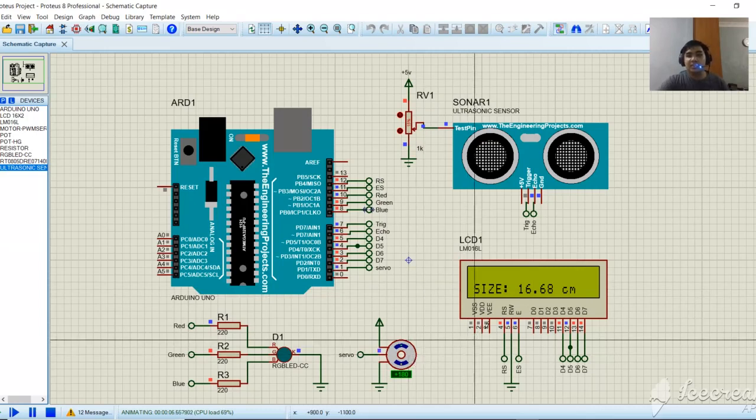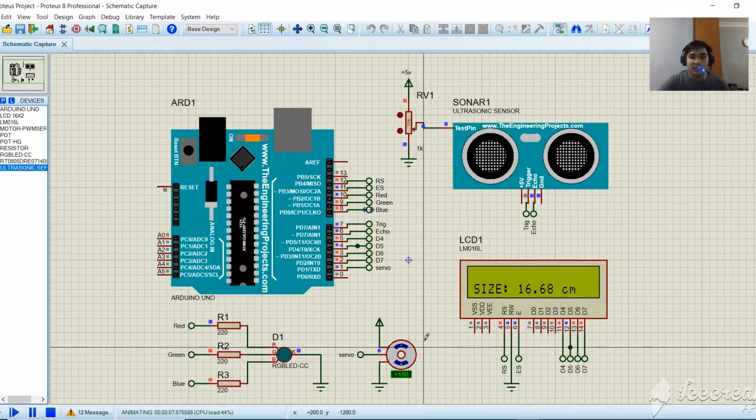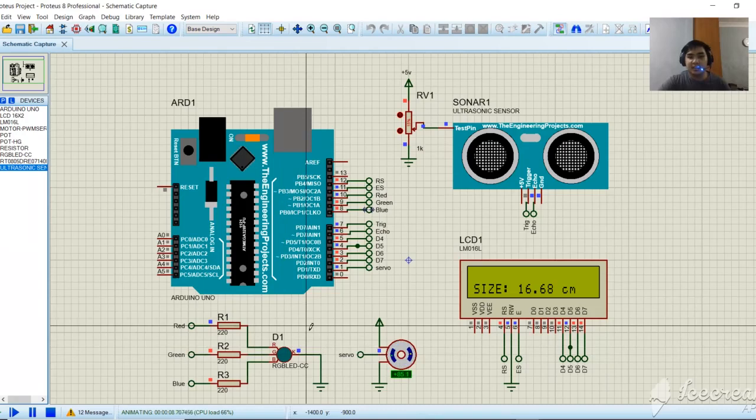Okay, now this is when the size of the box is less than 17 centimeter, which is 16.68 centimeter. The servo motor will be at 180 degree and the RGB LED will be at cyan color. After 3 seconds, it will rotate back to 90 degree. Then,